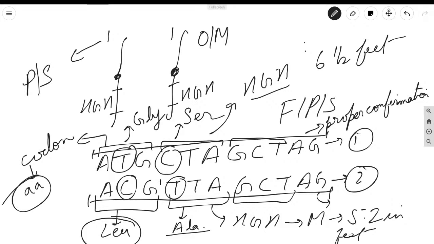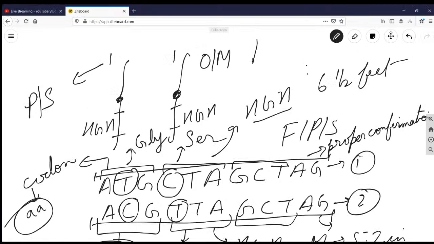And they must be present on homologous chromosomes, because if I compare chromosome number 1 and chromosome number 2, I can never compare the same genes. Chromosome number 1 is carrying HGH. Chromosome number 2 will never carry HGH, so it will never be the alternative form of the same gene. Suppose it is coding for insulin. You cannot compare insulin and HGH, right? You can compare only alternate forms of the same gene.